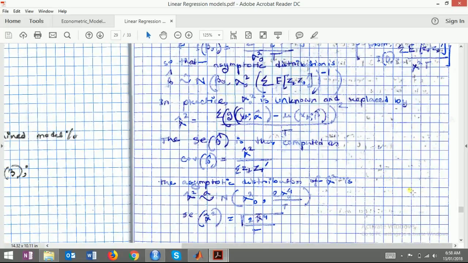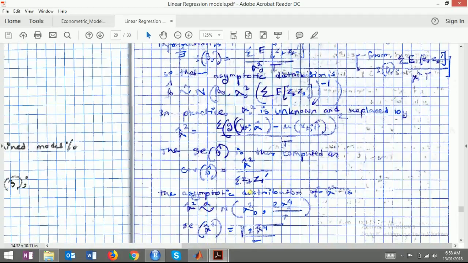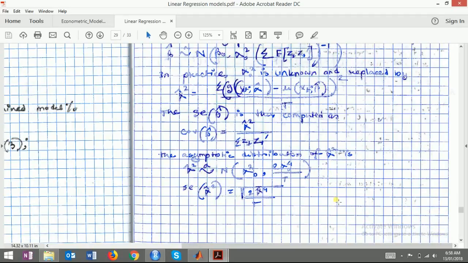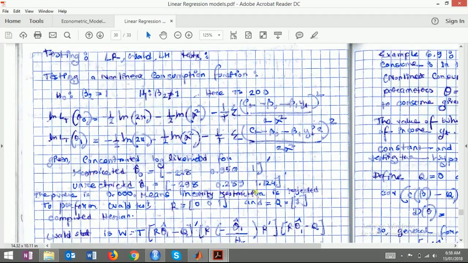So the asymptotic distribution of the information matrix and the asymptotic distribution of sigma square. Now the most important part is testing, which you will need for solving number 4: the Wald and LM tests. Testing a nonlinear consumption function, the null is beta 2 equals 1, the alternative is beta 2 not equals 1